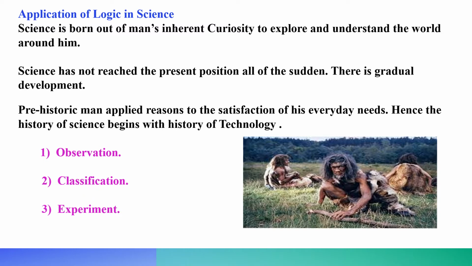Second is the classification. The study of plants is as ancient as man himself. As food was gathered early by man, he had to distinguish between edible and poisonous fruits and nuts. He classified them on the basis of the outward appearance and not on the actual taste. From this, we come to know that man's thirst for knowledge is to know true nature of facts. Our understanding of facts, however, need not be always correct.